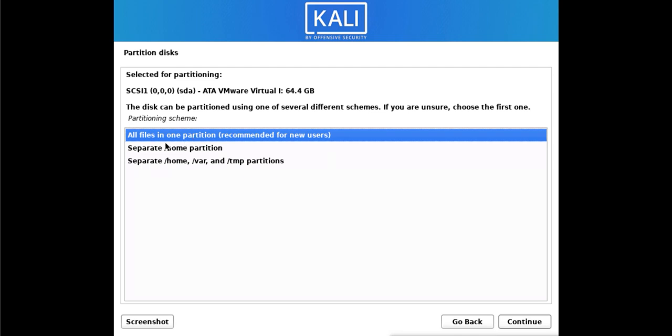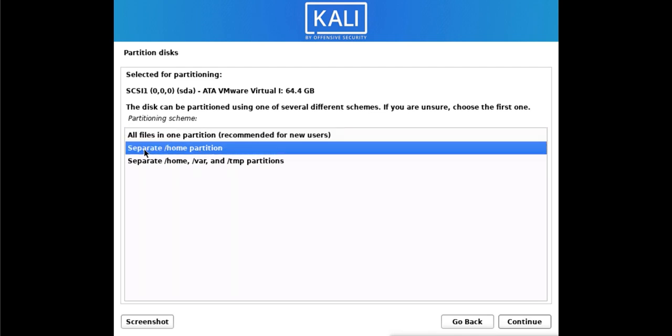Or you can use this option, that separate home partition. This home partition contains all the users information. Users information, that means users home directory. So if you create multiple users, their home directories will go to this home directory, and this home directory will go under the slash.